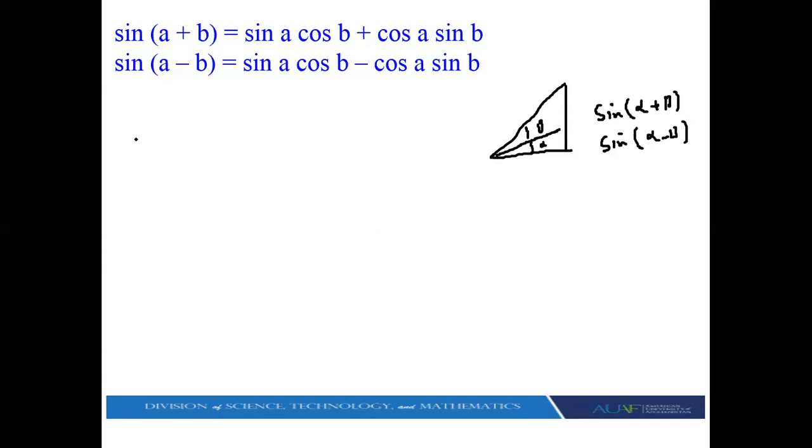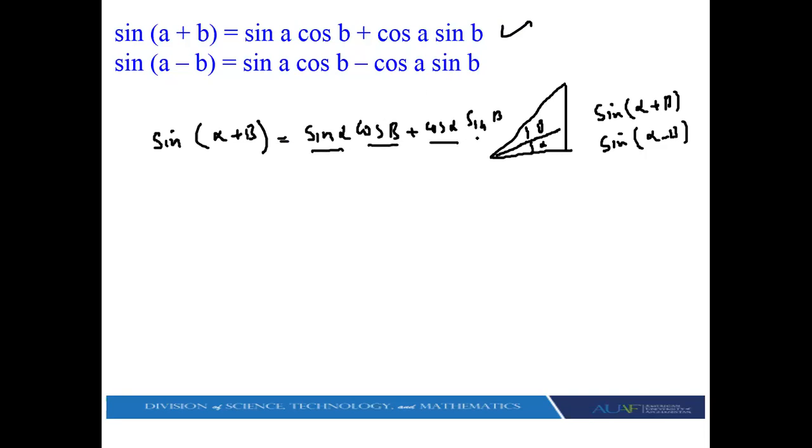So the first formula is sine of alpha plus beta. You can use any value, like alpha plus beta. So we have the formula sine alpha into cosine beta plus cosine alpha into sine beta. First one, sine with alpha, cosine with beta. Second one, cosine alpha with sine beta. This is the plus formula. If we have plus, in the middle we have plus.